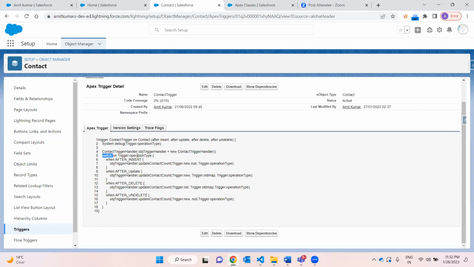So we have to perform the operations on some particular operation types, so we can make use of switch on trigger dot operation type, because trigger dot operation type is a context variable which returns the operation type: after insert, after update, after delete, after undelete. Basically this is an enum, right? So it will return the constant value of after insert, after update, after delete, and after undelete. On this operation type, I am calling a method update contact count of this class, and I am passing